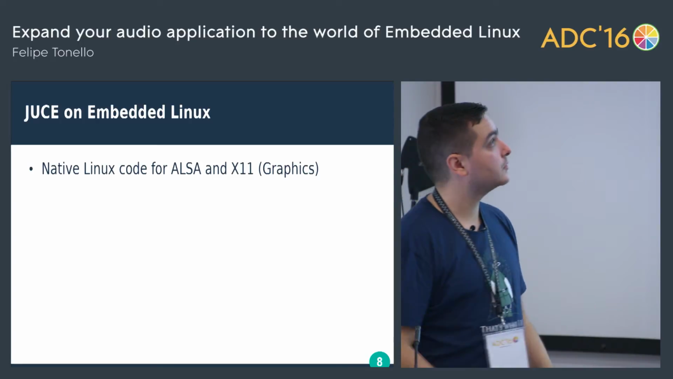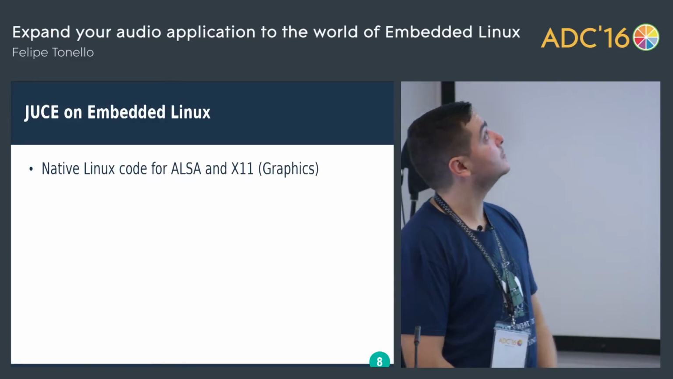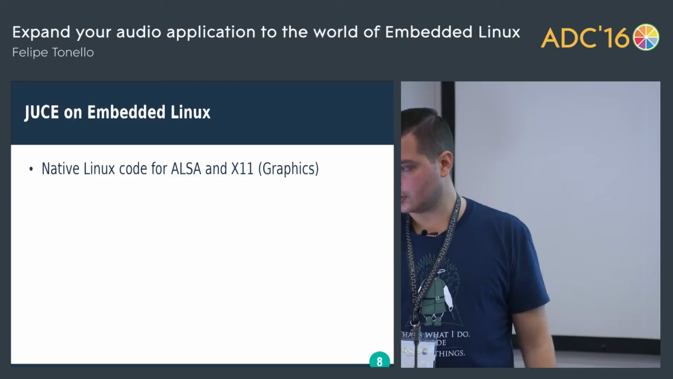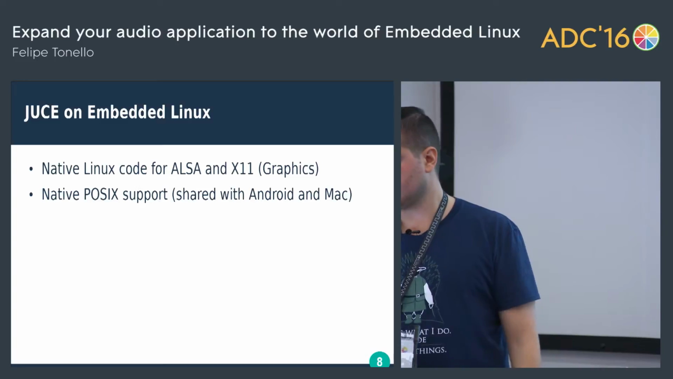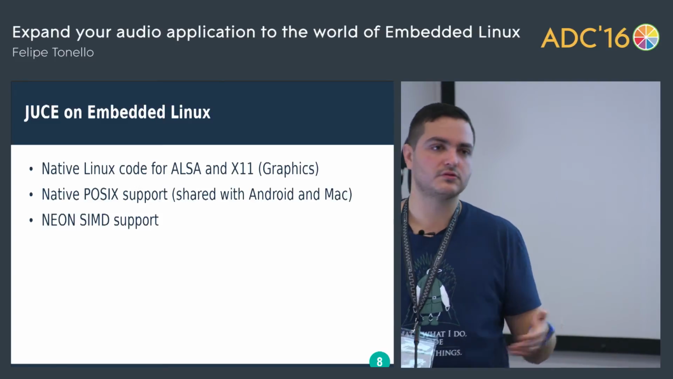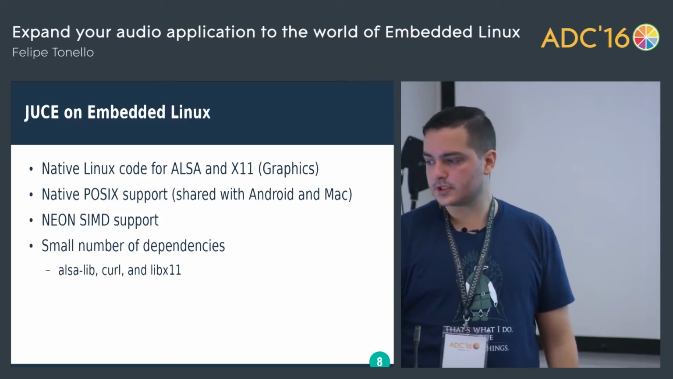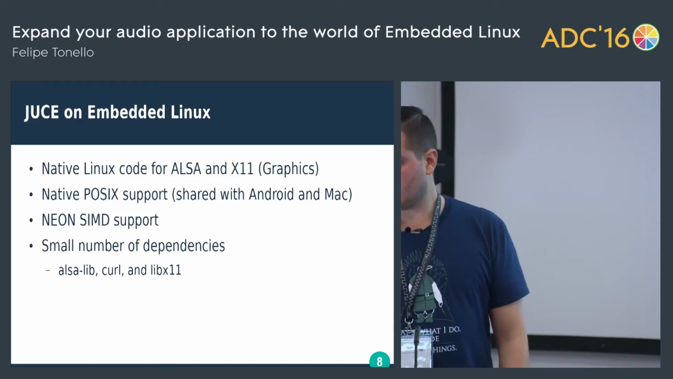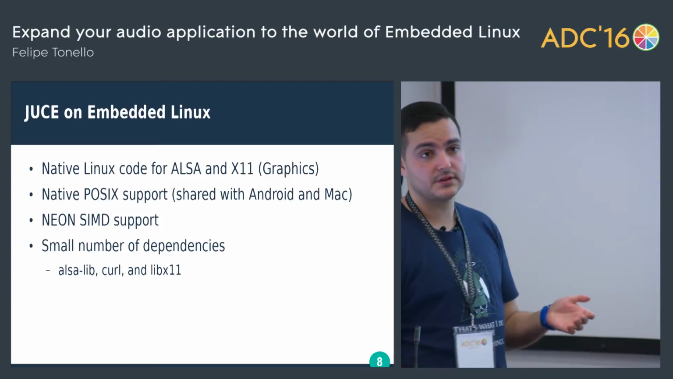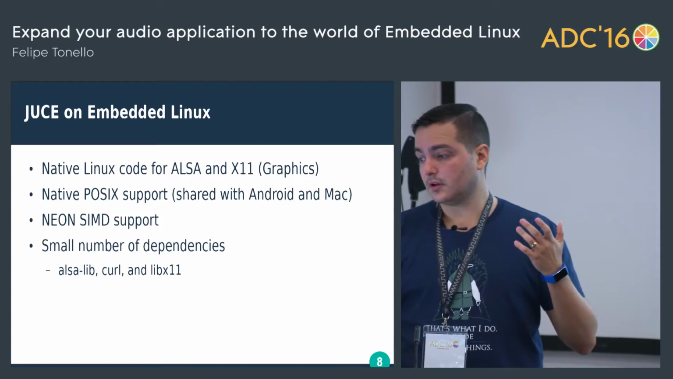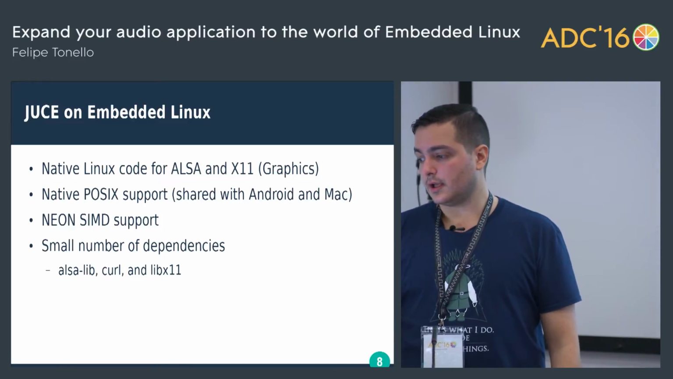Now I'm just going to talk a little bit about JUCE and why it's good on embedded Linux. JUCE has native code for ALSA and X11 if you want to do graphics. Also native POSIX support, which is shared between many platforms, so this is shared code, which is nice. It also has Neon SIMD for vectorized operations for ARM, right? This is really nice, in my opinion. It has a really small number of dependencies. For Linux, it's just ALSA, curl for HTTP stuff, which is required by JUCE, and libx11 if you want to